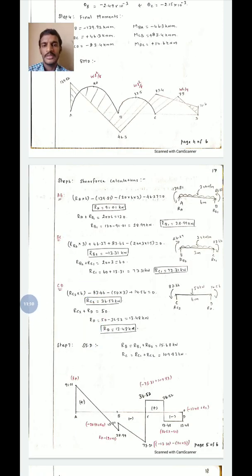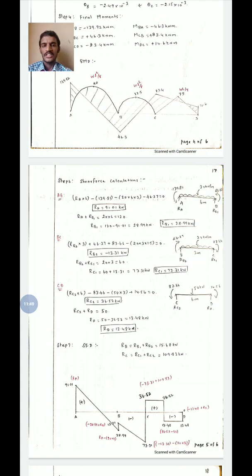Second part of the problem, shear force diagram. In the first part, we calculated the bending moment diagram. Now, in the second part, we will calculate the shear force diagram. The shear force diagram is calculated based on the number of spans. It is split into each span and the respective moments are marked at the left and right ends. For the AB portion, RA and RB reactions are available. MAB and MBA moments were calculated in step 4. They are substituted.